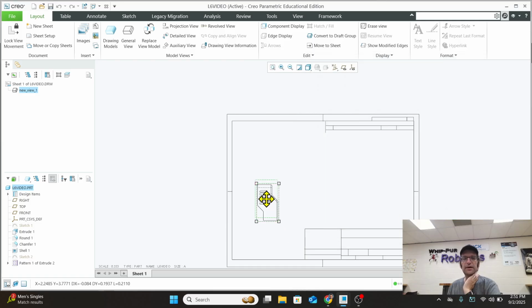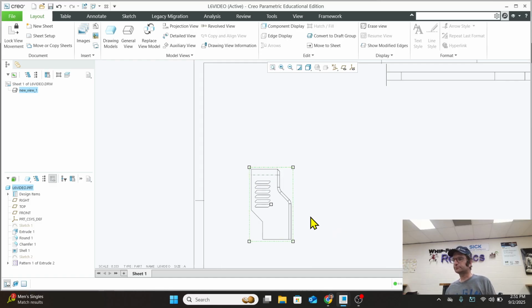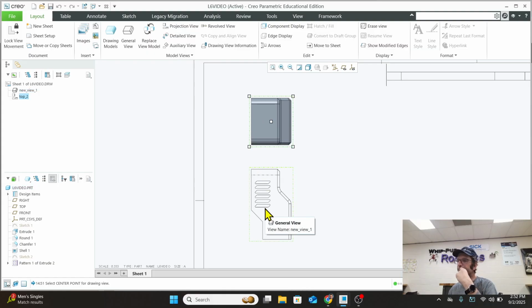All right, let's get this set up like we have in the example, a little bit higher up here. And we're going to project some views. We need a right side view and we need a top view. To project that, we're going to go to Projection View. We're going to start by mousing over a primary and go up above so we can see that top side view. Then we're going to do the same thing: Projection View, start over on a primary, go to the right here,